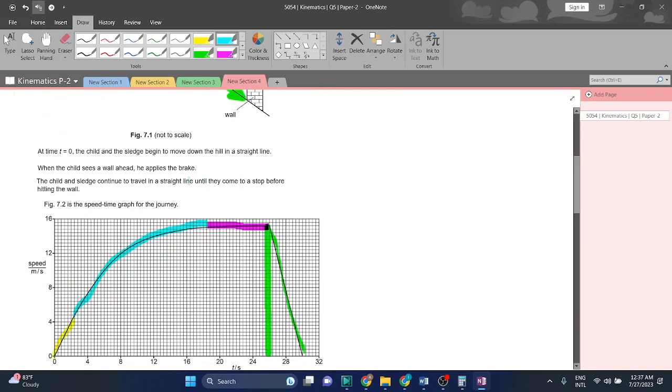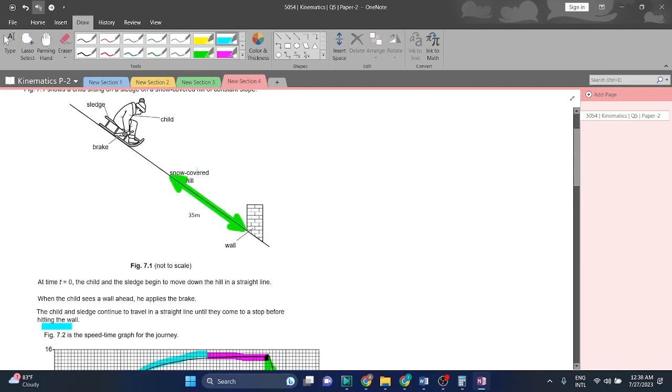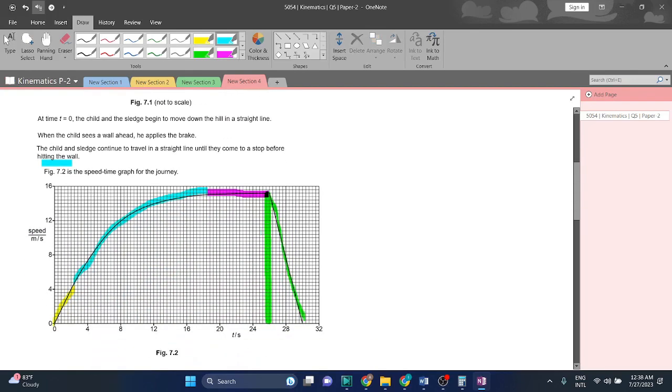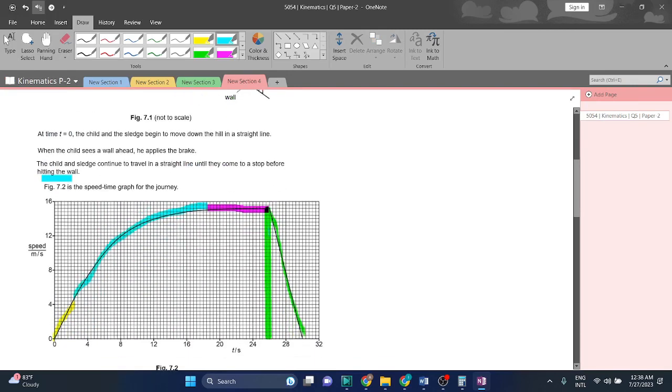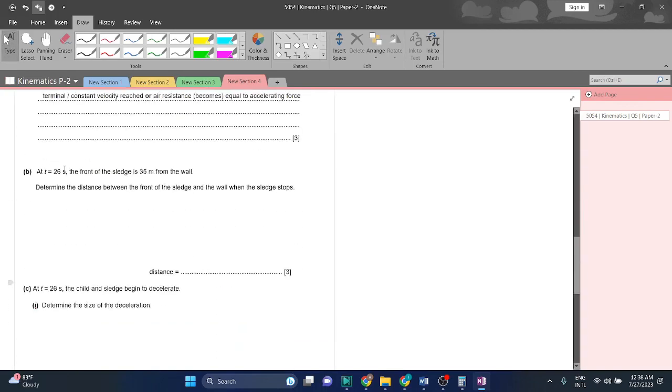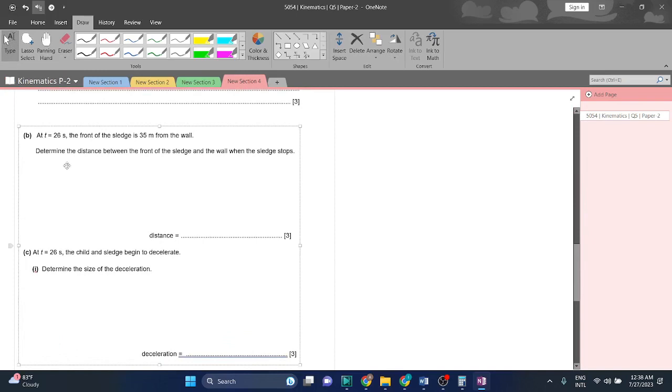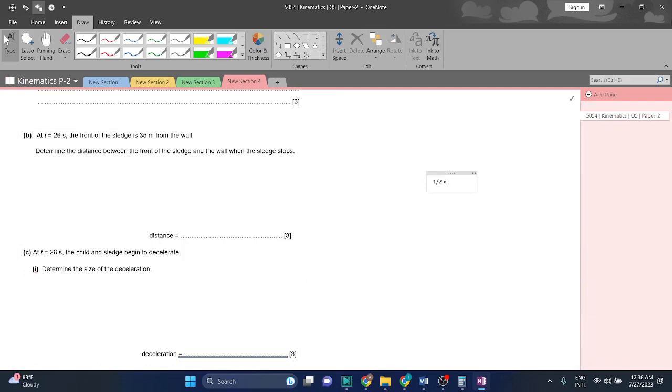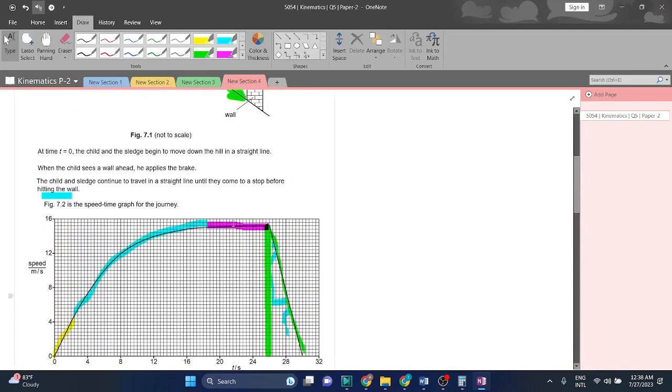And they have mentioned, the child and the sledge continue to travel in a straight line until they come to a stop before hitting the wall. It is before hitting the wall, and at 26 seconds before the sledge starts to decelerate, हमने वो निकाल लेनी, एरिया अंडर द ग्राफ निकाल लेते हैं। अच्छा, एरिया अंडर द ग्राफ कैसे निकालेंगे? वन विल कैलकुलेट दैट बाय 1 डिवाइडेड बाय 2 इनटू, ये क्या होगा, ये हमारे पास आ जाएगा हमारे पास,